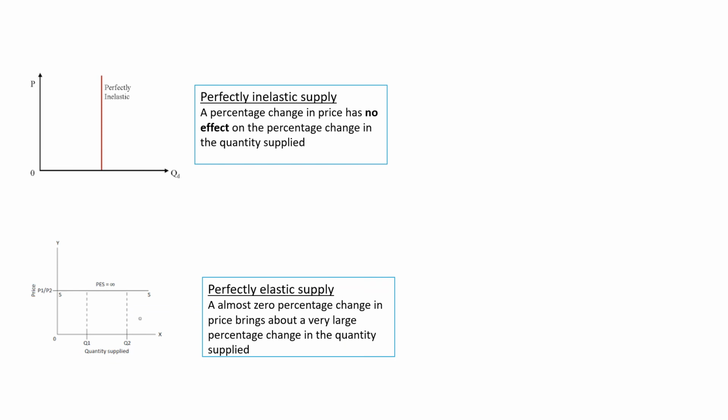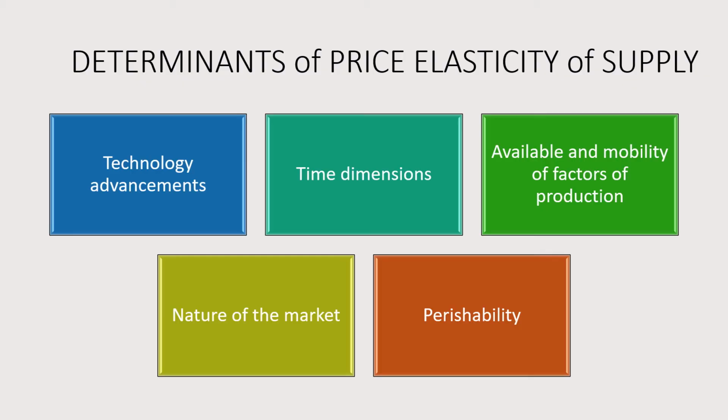Perfectly inelastic supply, a percentage change in price has no effect on the percentage change in the quantity supplied. Perfectly elastic supply, almost 0% change in the price brings about a very large percentage change in the quantity supplied. Factors of price elasticity of supply: technology advance, time dimensions, availability and mobility of factors of production, nature of market, perishability,